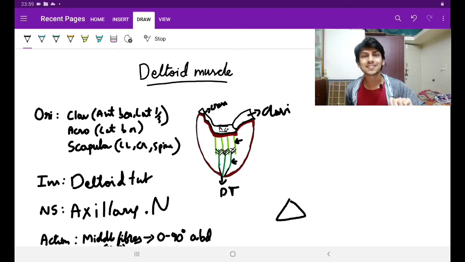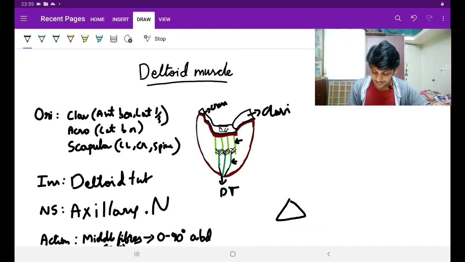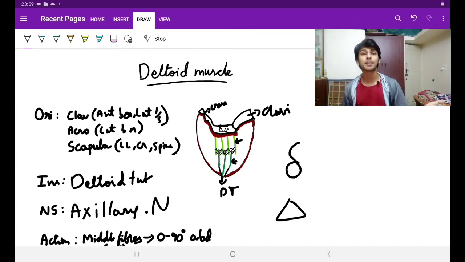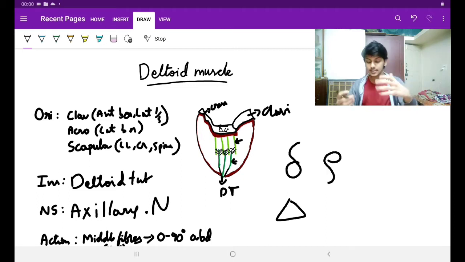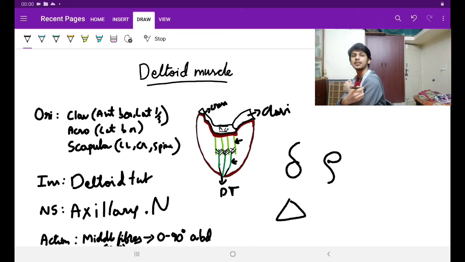There is one more reason why it is called deltoid. You might have seen this symbol. This symbol is of a delta. It is a Greek alphabet. We have seen it in physics and mathematics, isn't it? The same delta, if I invert it, see here. This is how a deltoid muscle looks. Deltoid muscle is like this. It is inserted into the deltoid tuberosity. So that bend is formed by the tendon of the deltoid muscle.